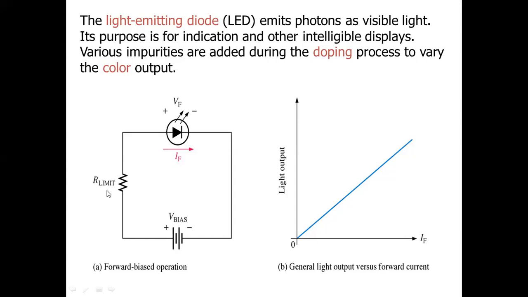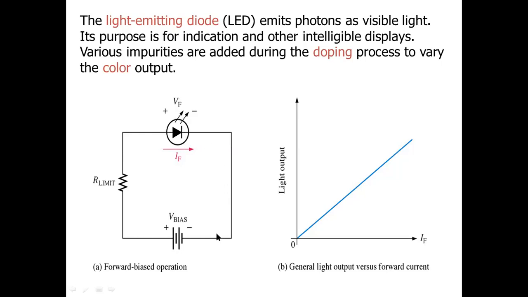All of you know the formula? Yes, sir. I equal to V by R. So current is inversely proportional to the resistance. If we increase the voltage, we still have to provide constant current here. For that reason this resistance limits the current, and that current we apply to the diode. Once it is forward biased, whatever recombination takes place, the light is produced here. The output here is VF, the forward bias voltage we are going to consider.